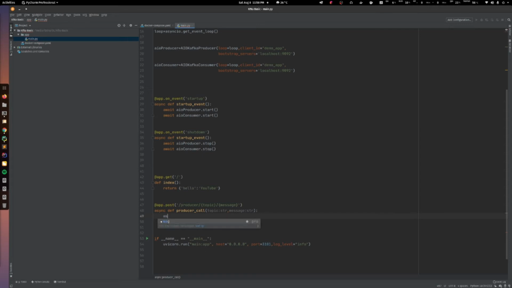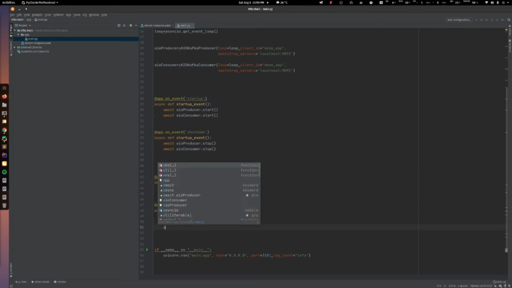Now here it's creating a message where it's getting message equal to message. Now this REST call actually works as a producer, so it pushes the message to Kafka.